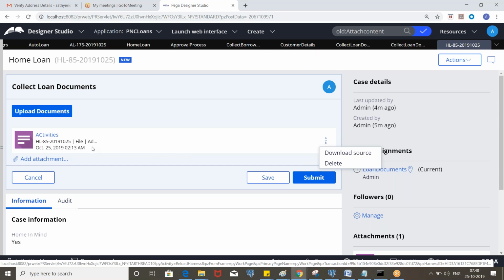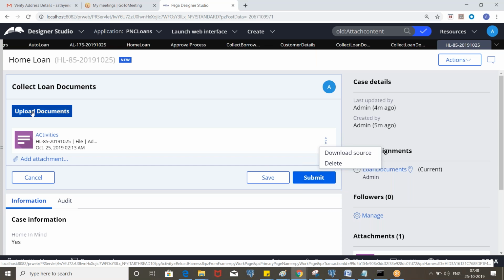Not like this. Just like file name, who updated, and those properties available under the pyAttachments related class, you can design a separate section and call it. And you will see the list of documents in tabular format.